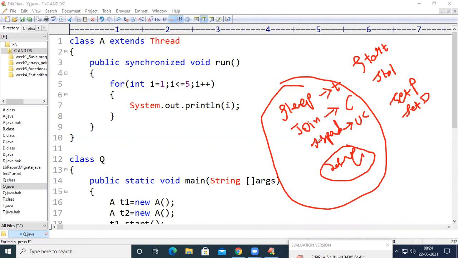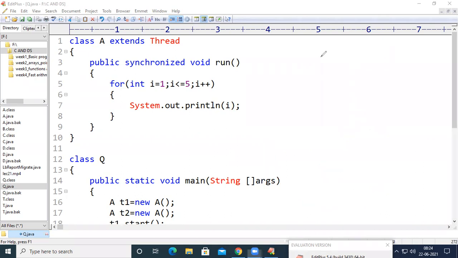Now in synchronized blocks, if the block has the synchronized keyword, then it becomes a synchronized block. In such blocks, sleep, join, and suspend will not work in order to suspend a thread. So what do we have to do in order to suspend a thread in a synchronized block?